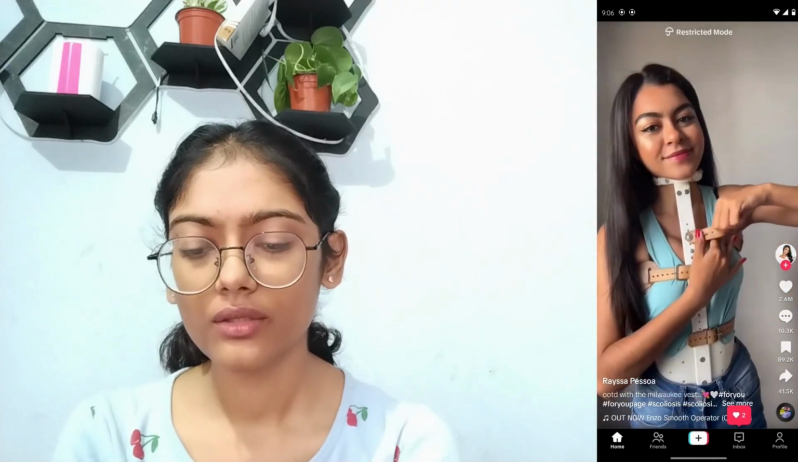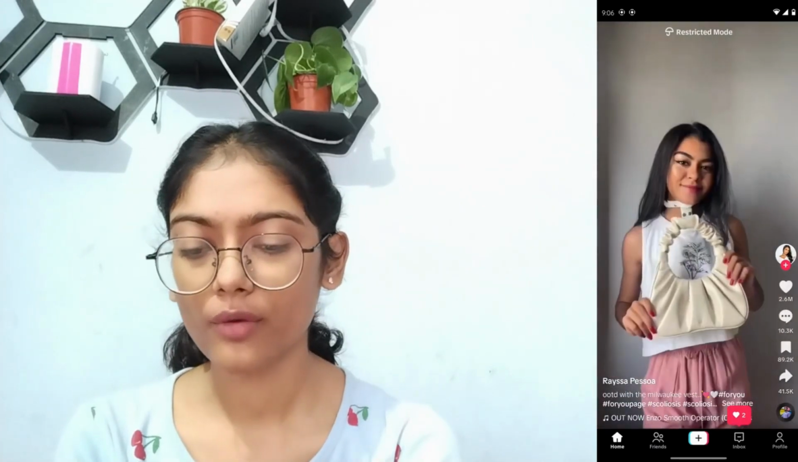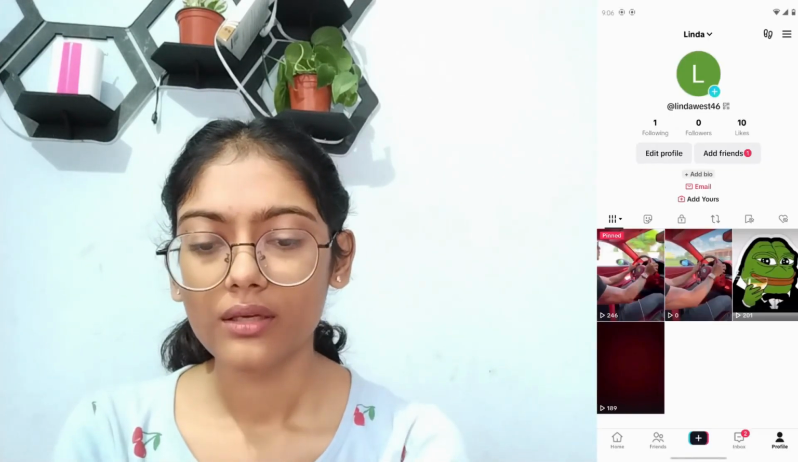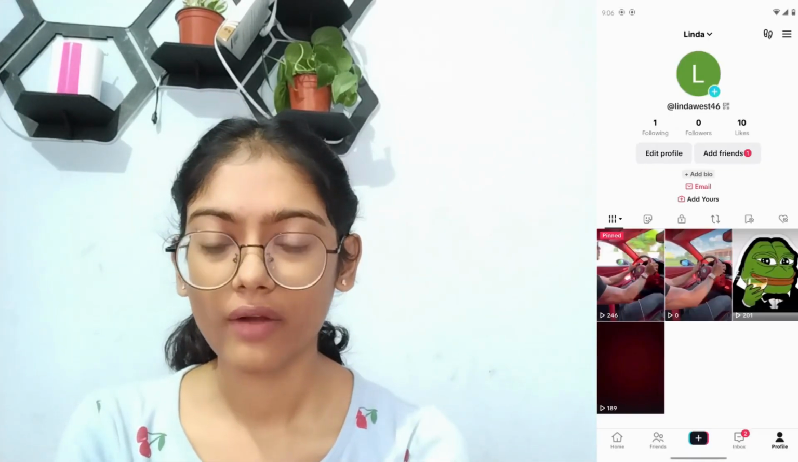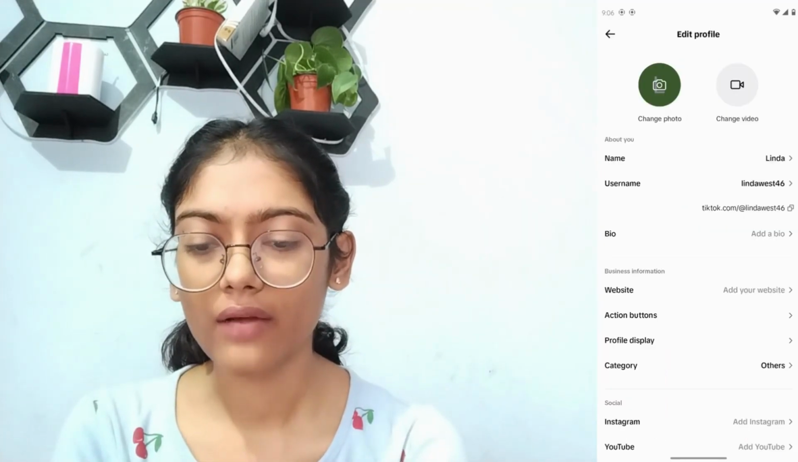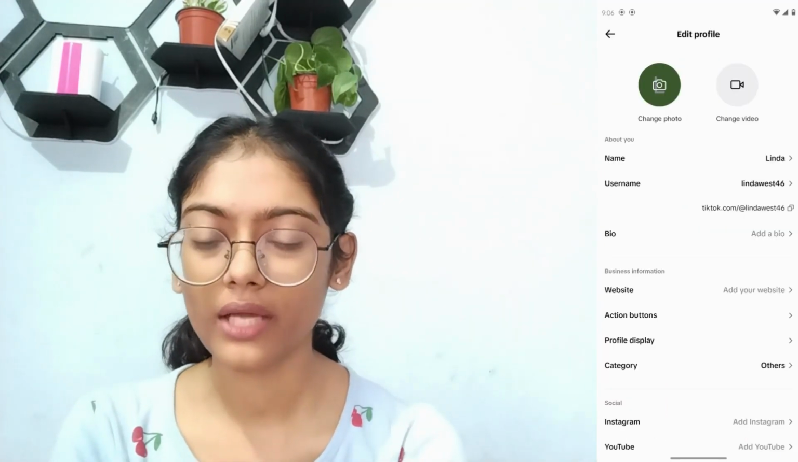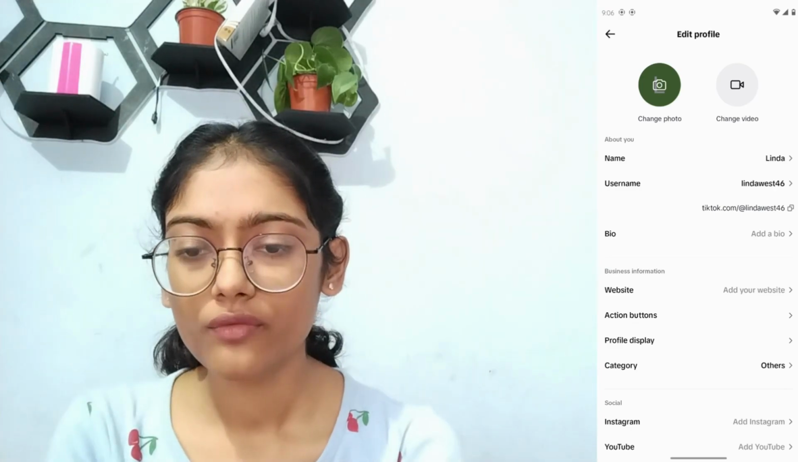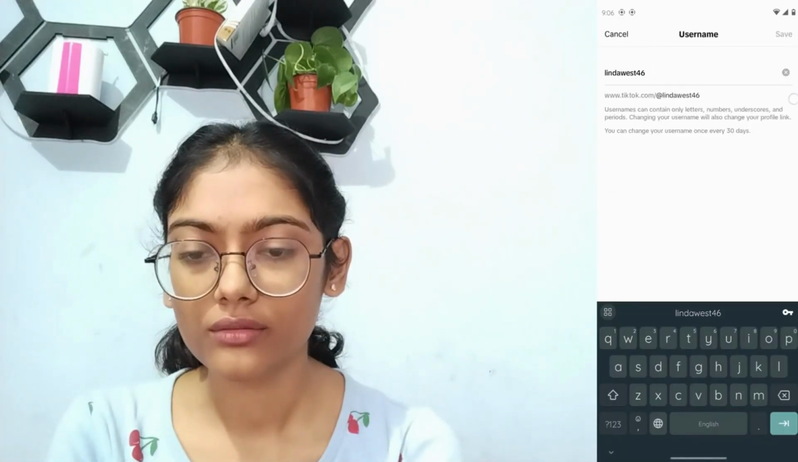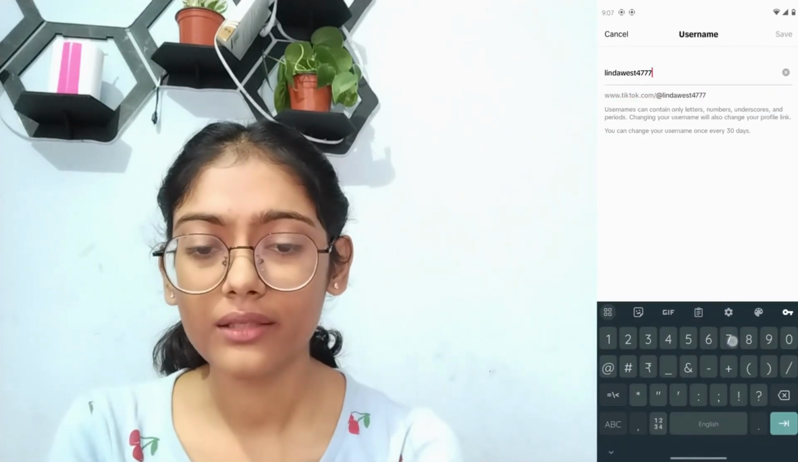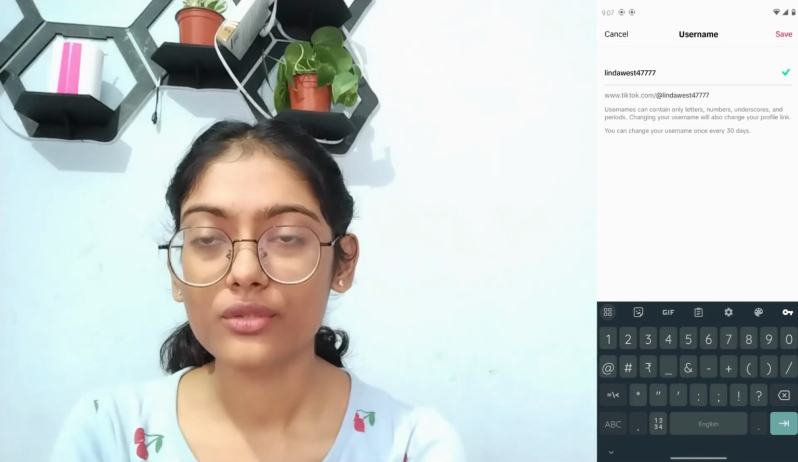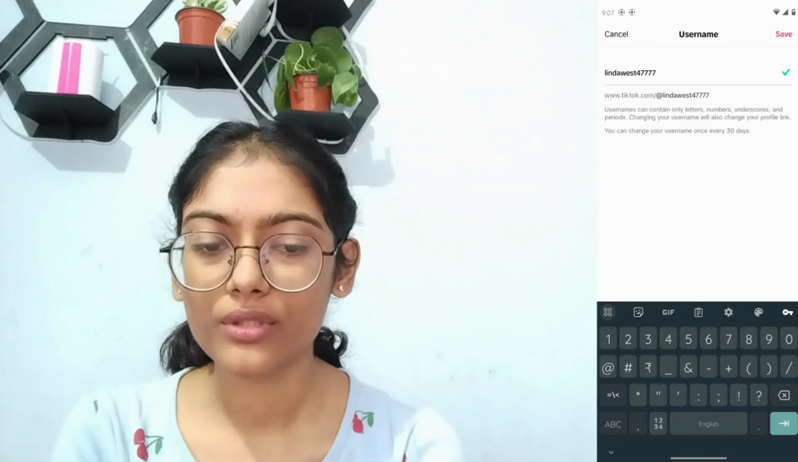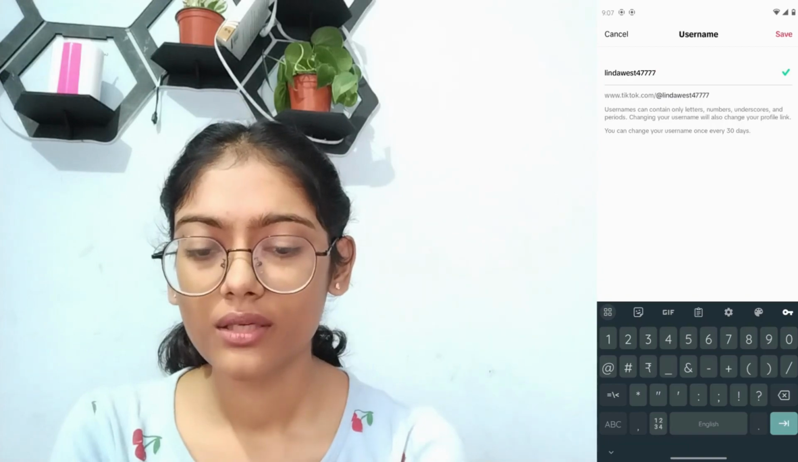and after opening you can simply go to your profile, which is on the bottom right, and then you can go for edit profile, and here you will have your username, right? Simply tap on that username and remove that, and you can add another username that you would like. And after choosing that username, you can simply tap on save, which is on the upper right, and then tap